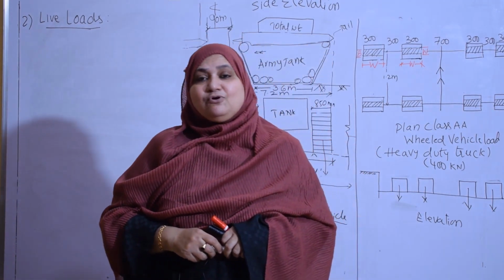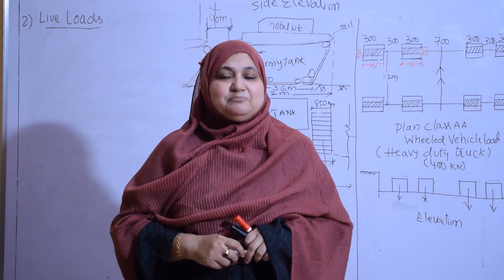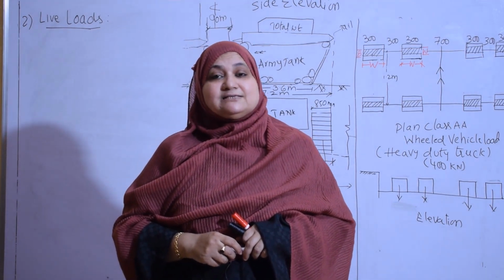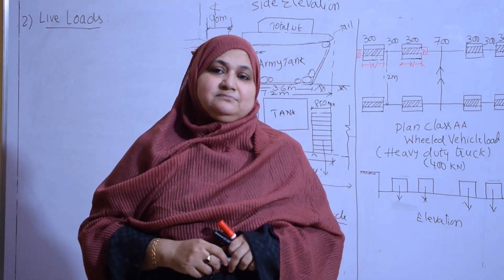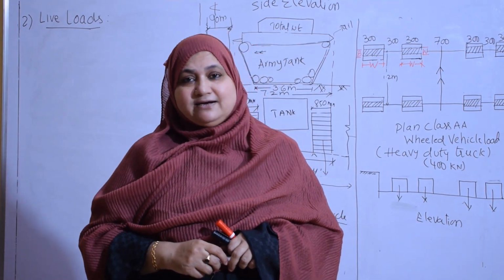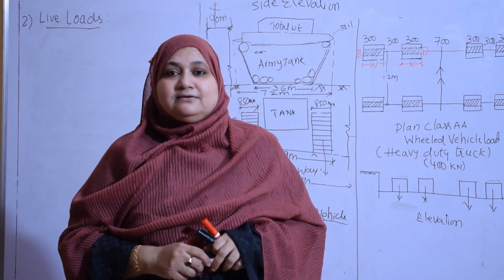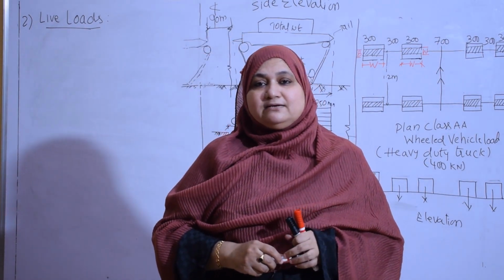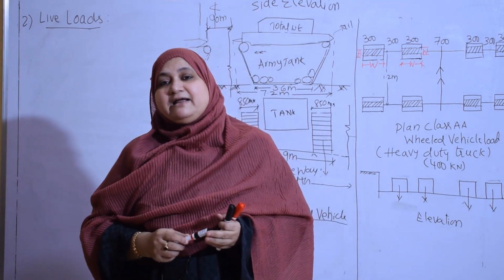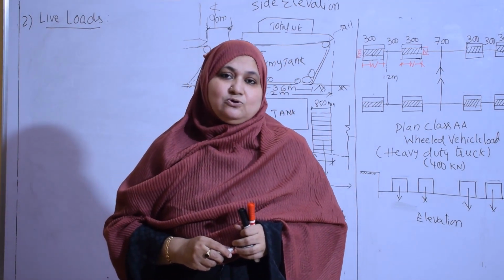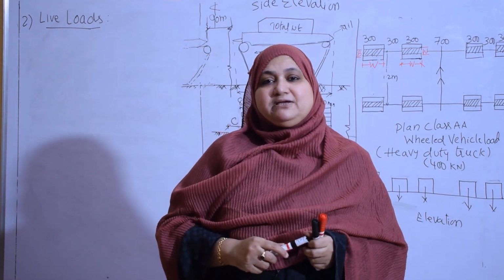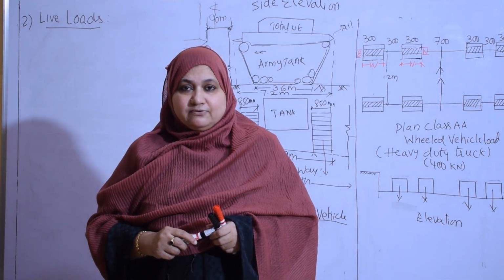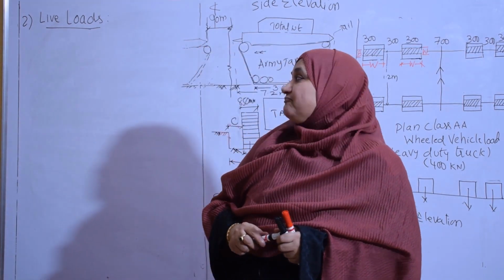But here, live load is due to the vehicles, because we are designing bridges for vehicles, and vehicles will be of N types. It can be a small Maruti 800, or a big vehicle like Innova or Fortuner, a 4-wheeler. It can be a 2-wheeler, or a bus, or multi-axled trucks and lorries. So when we design a bridge, it should sustain all the types of loads. Fine. So live load here stands for vehicle loads.